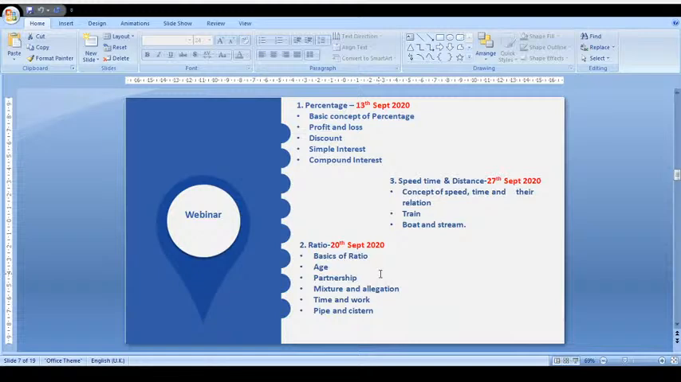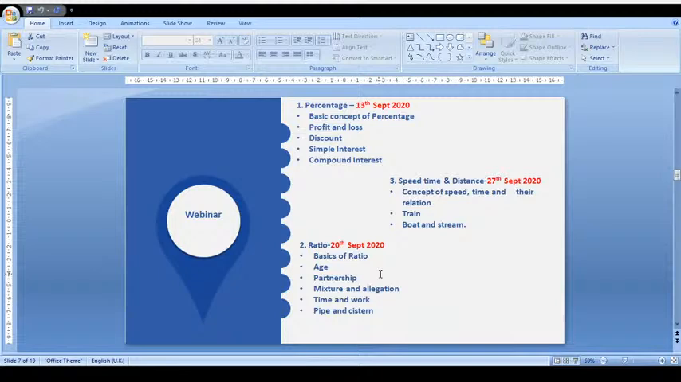In the previous webinar, as I told you, once you have a proper understanding of percentage, then you can easily solve each and every question of the five chapters as mentioned by me. That is the basic concept of percentage, profit and loss, discount, simple interest, and compound interest. Today,